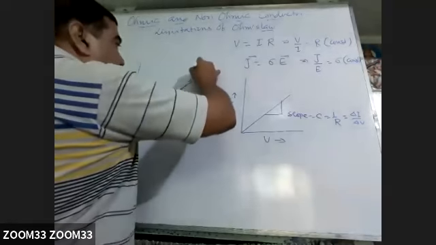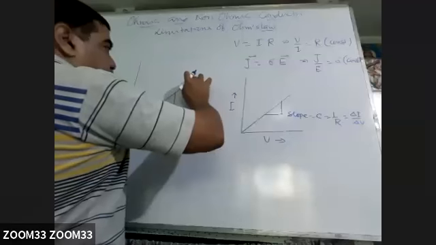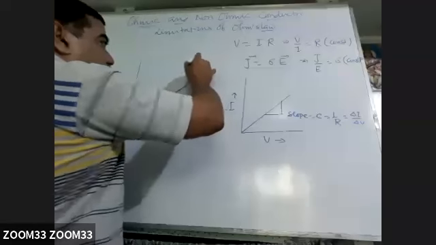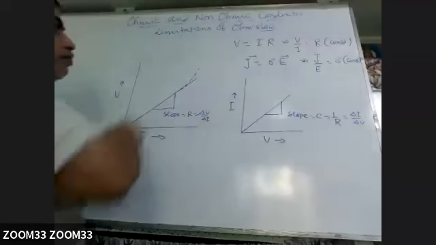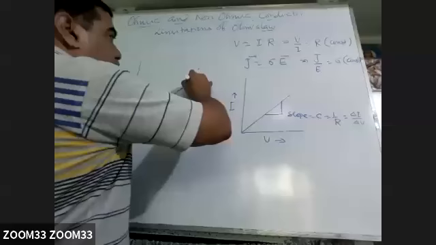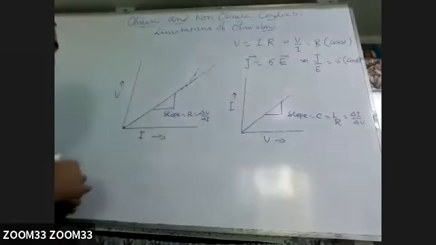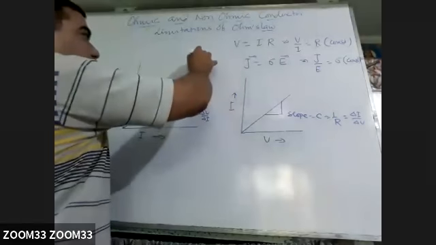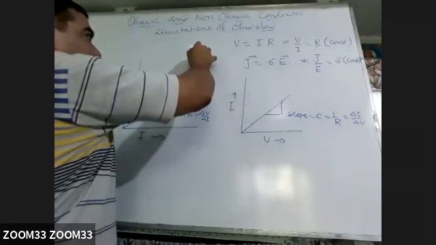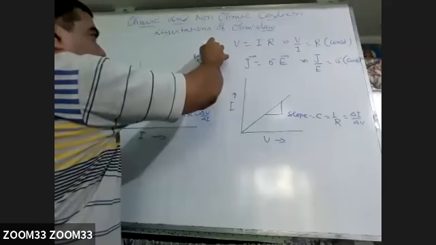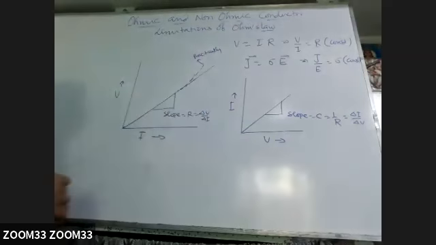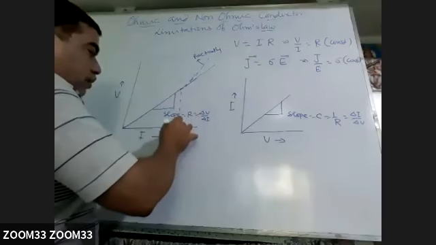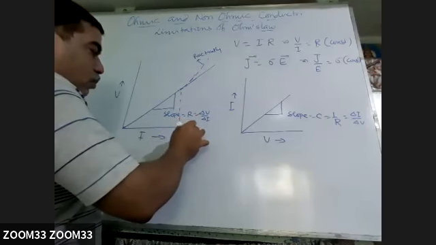Maybe it may be like this. So practically the graph will come like this. When current is more, it will bend. It will not come to the same straight line. Theoretically this is the case, but practically it may come like this. So there is a certain limit up to here. We can say this is the maximum current for which Ohm's law is valid.